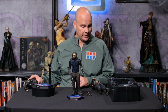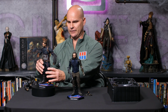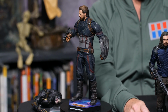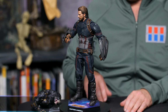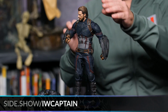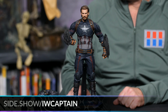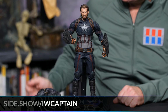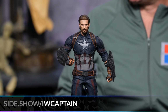The cap is really neat. I've liked watching the evolution of the suit that Cap has, and we'll quickly talk. I know we were talking more about Bucky, but I really like to talk about the companion pieces. Sometimes things look great just on their own in a case, but these two look really great together. Again, knocking it out of the park with the lifelike quality of the face sculpt and just how tight that hair is. It's an amazing portrait. But then the detail of the outfit itself, if we can zoom in to the chest,